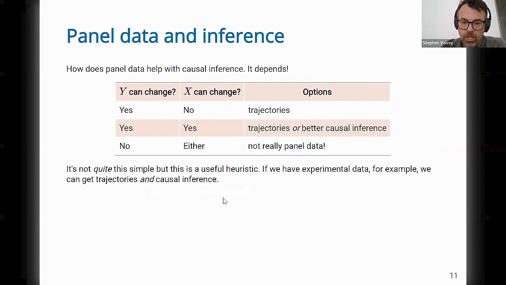Okay. All right. So here's a little summary of what we can do with panel data. And a lot of it depends on the status of X. So if we look at this first column here, the first question is, can Y change? Can the outcome actually change over time? So if I measure you 7 times,